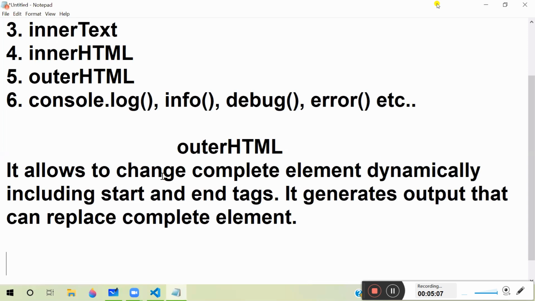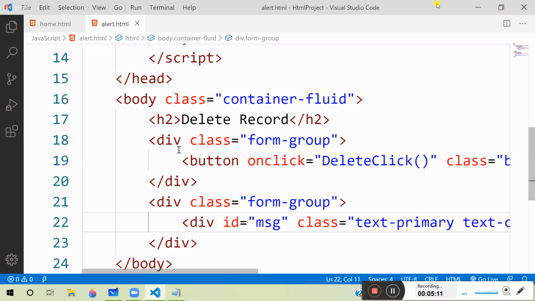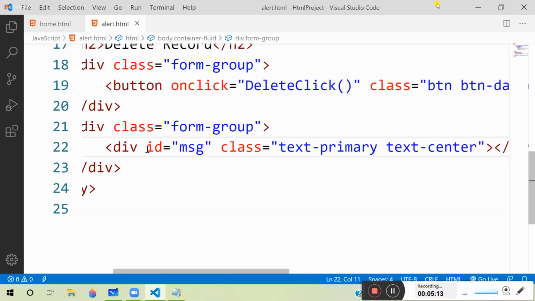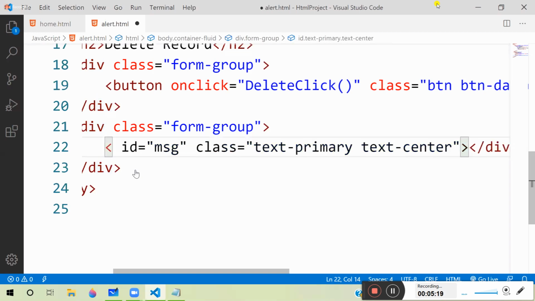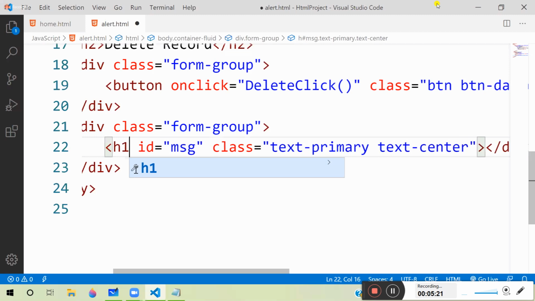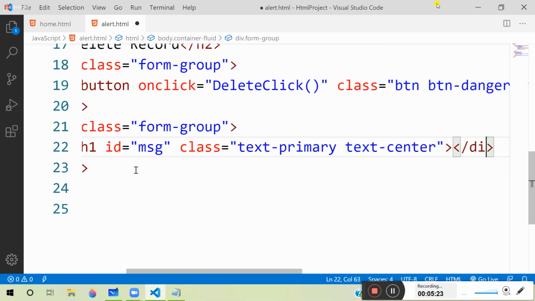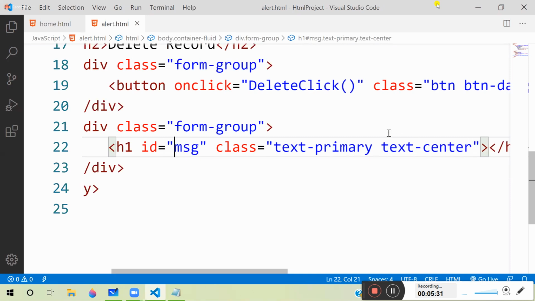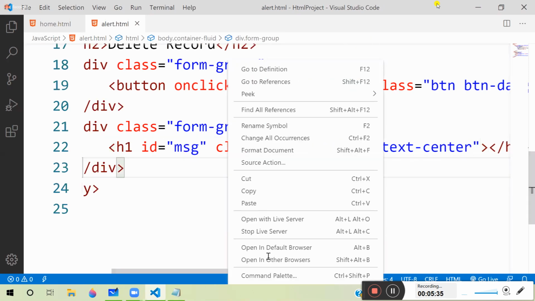Here I'm using a div with id message, or instead of div I'm using heading h1 as a message. Now you can observe when we run this and open it in the browser,